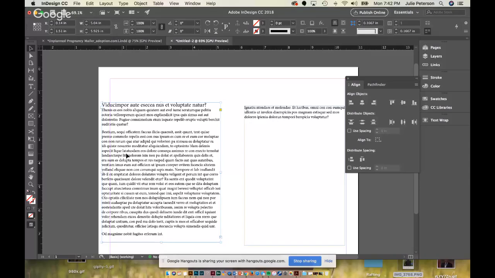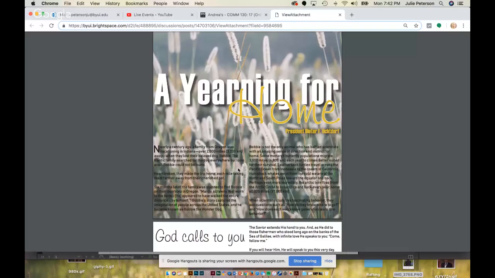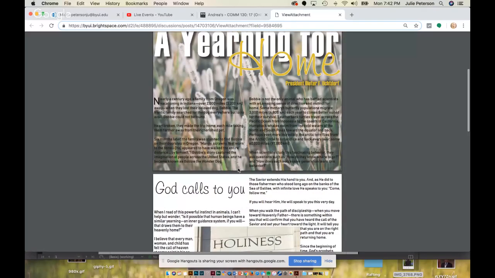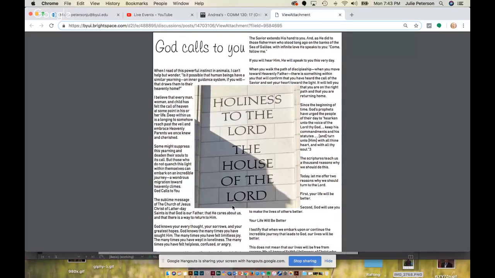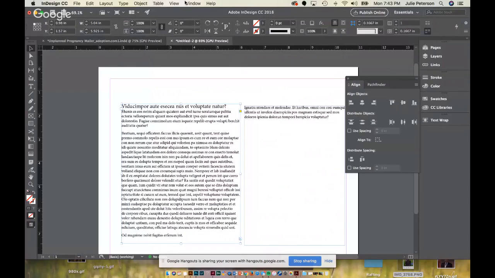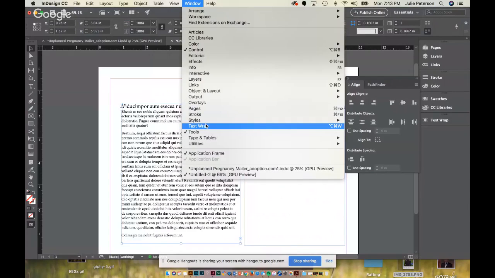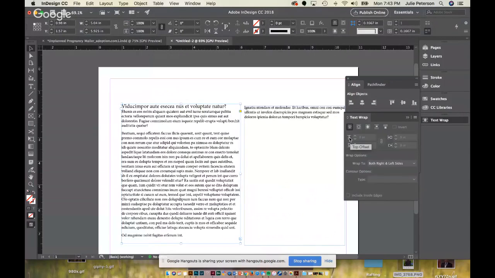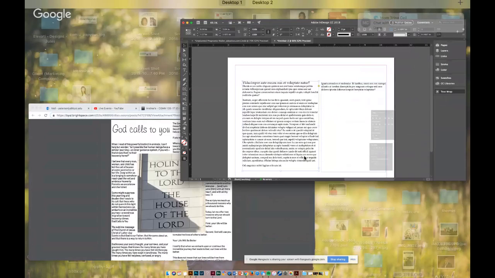And then the other thing is the text is way too close to the text wrap as well. So if you remember from the text wrap tutorial, if you pull up your text box, so window, text wrap, right here, click on your image that you're wrapping it around, and then just click on the up arrow for this, and that'll increase the padding. It's called offset, top offset, so it actually increases the spacing here and here, okay?